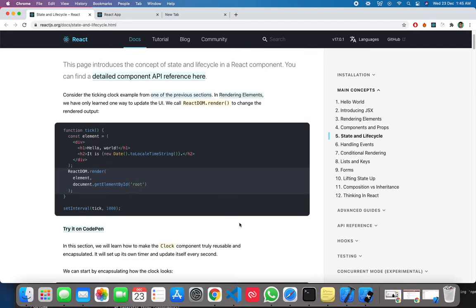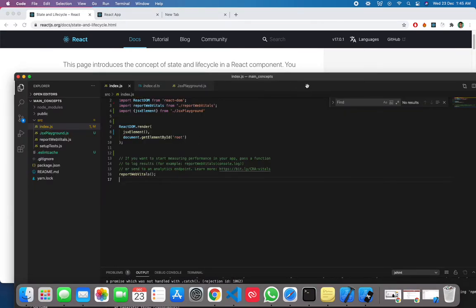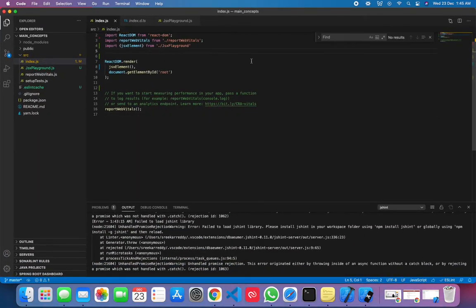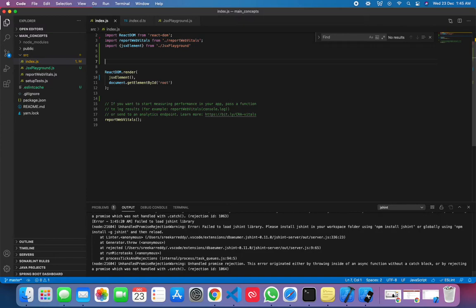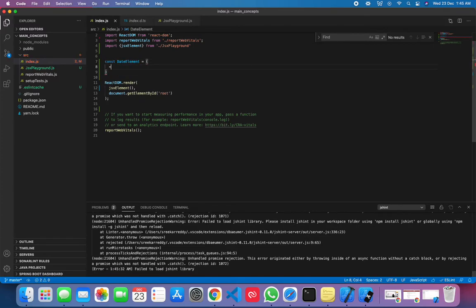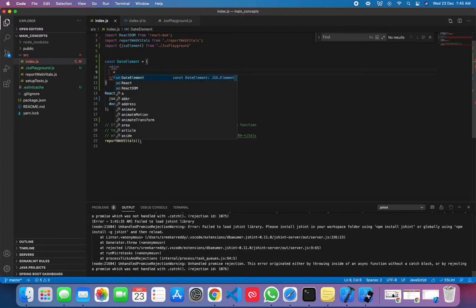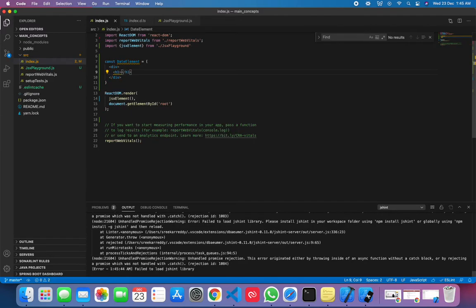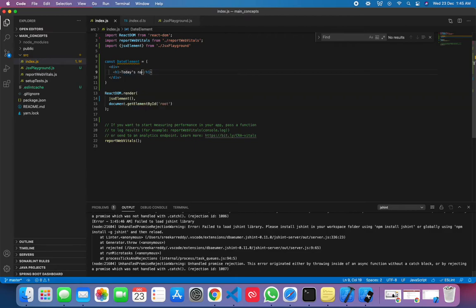And as for the coding example, we will be sticking with what we see in the documentation. Let's write up a quick element. We'll call this date element, and we will return a little React element. And then inside this, we're going to write the date. Today's date is, and we want to be passing the date through props ideally,